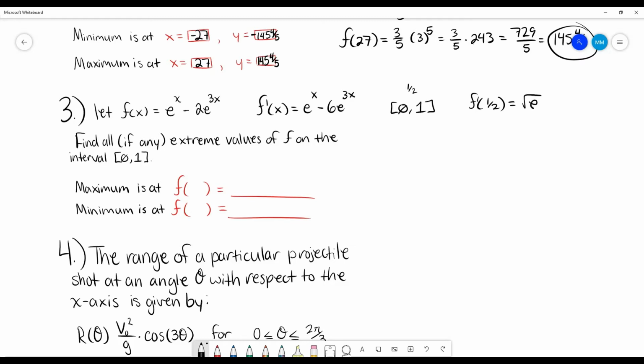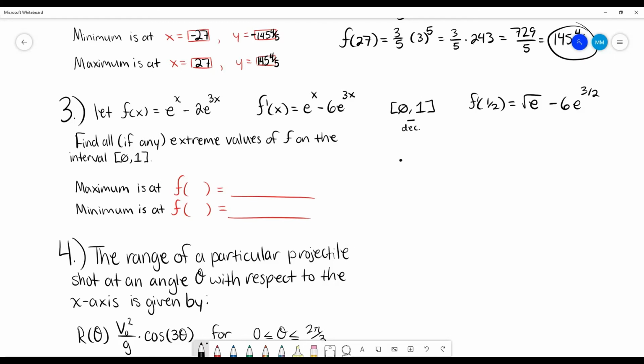So that's going to be the square root of e minus 6 times e to the 3/2, which is definitely going to be bigger than this, right? Because that would be this, because that half there, then cubed, and then times 6. So it's going to be bigger than that no matter what, which means that if we're subtracting this, we're going to get a negative number. So we can see pretty clearly that it is decreasing on this interval. So I wrote a negative sign, but I'm also going to write that it's decreasing,